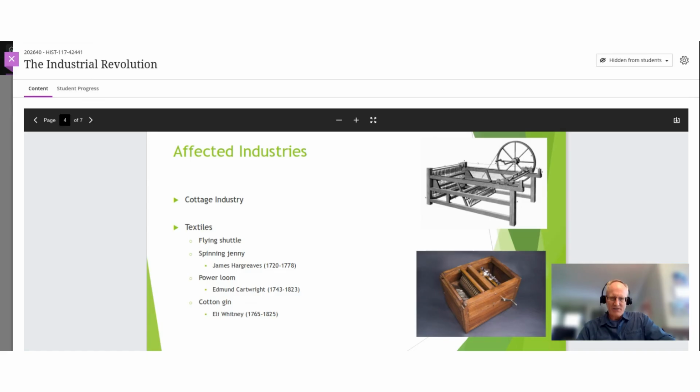Technology in the textile industry included the likes of the flying shuttle, which doubled the production of weavers' hand operated looms. So you're able to take raw material, in some cases cotton, and begin to process it into things like thread or yarn at an increased rate, a quicker rate. And so this created a ready supply of yarn to then be taken and woven into a finished product.